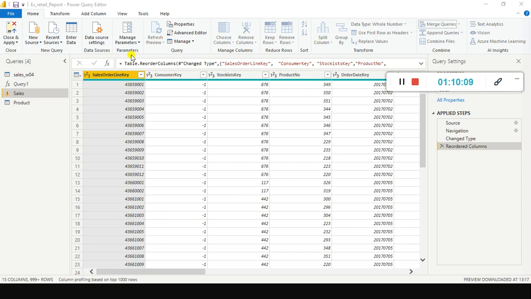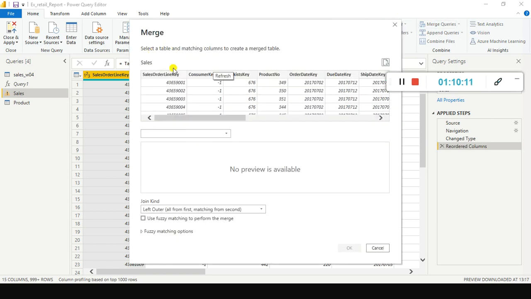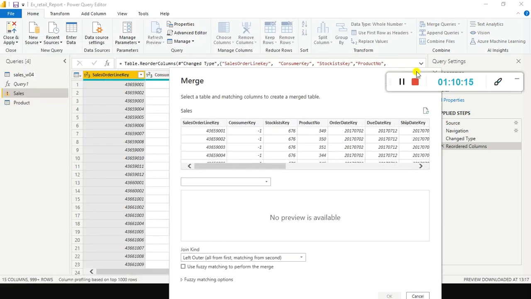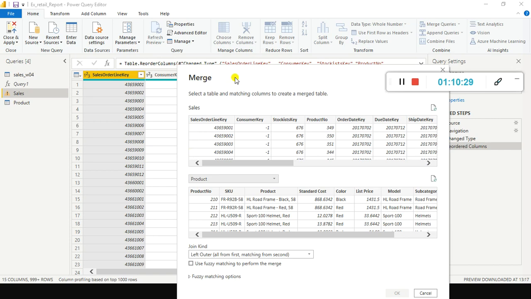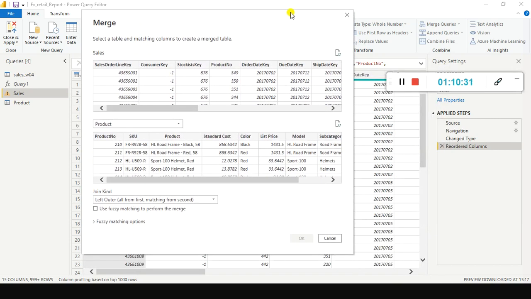When you select merge queries, it will take some time to open this dialog box. Since I selected sales on the left side, when I selected merge, the first table was considered as sales. Next, if you look here, the product table. I want to join these two tables. How do we join data from two tables? By joining on the common columns. With the help of the common columns between these two tables, we can join them.